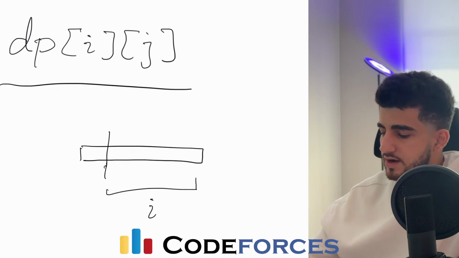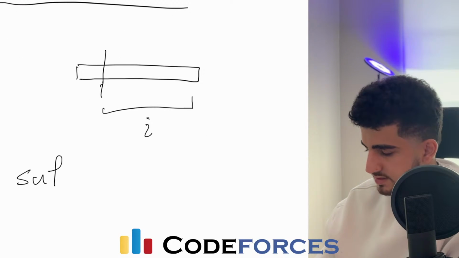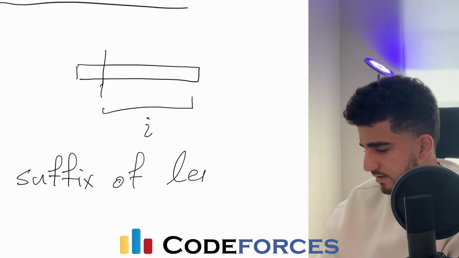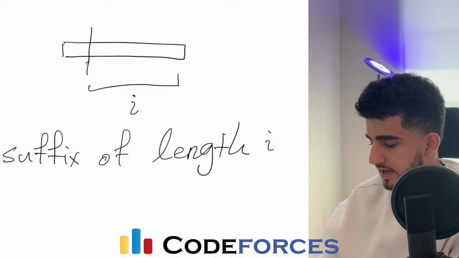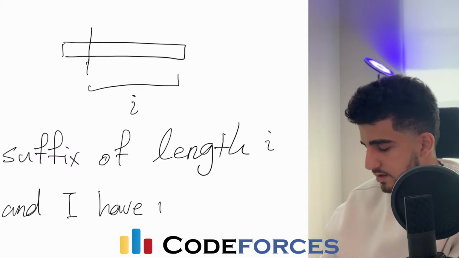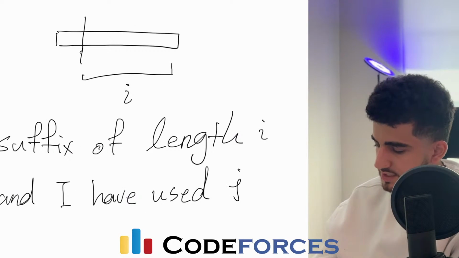Okay, then how many ways do I have for array B in here? So dp of i and j means that if I consider a suffix of length i, and I have used j numbers in A,